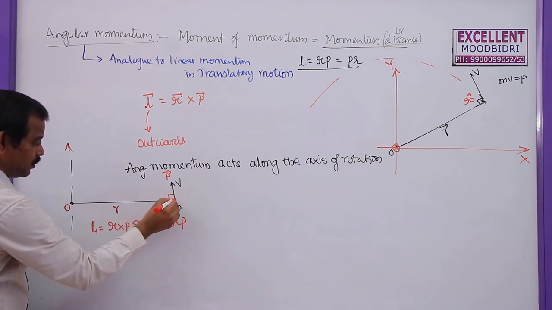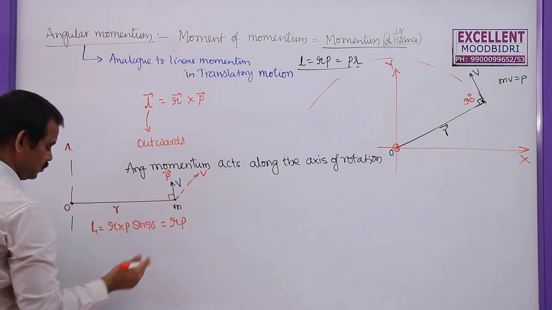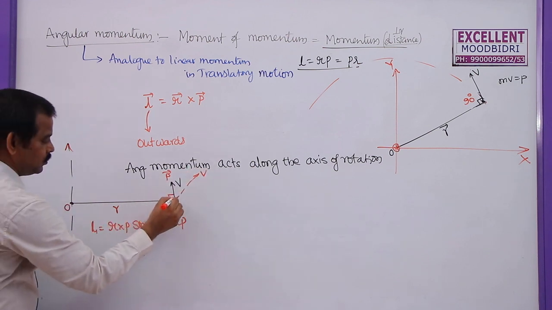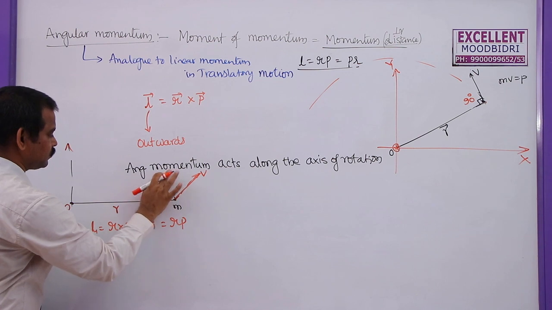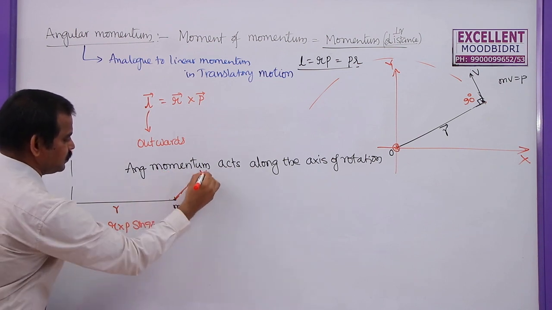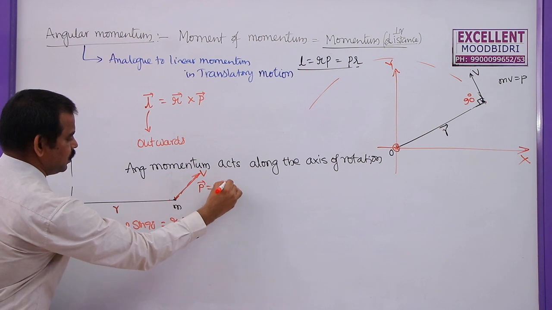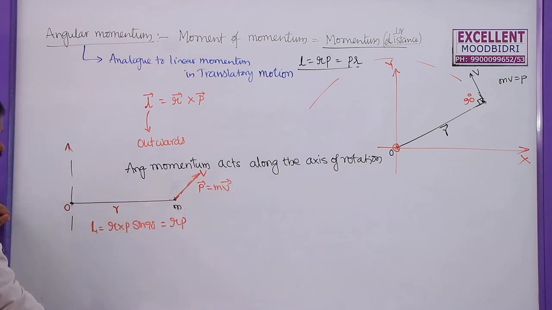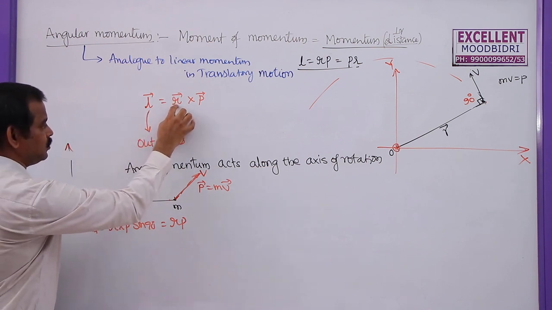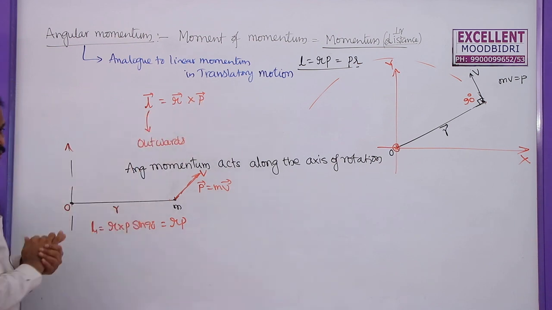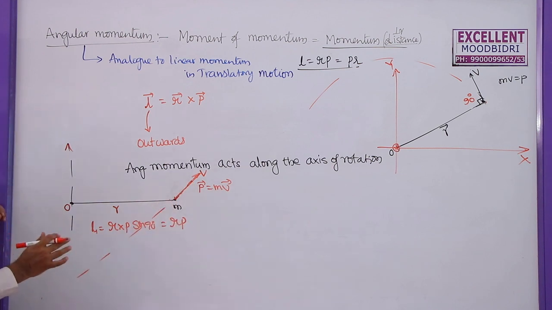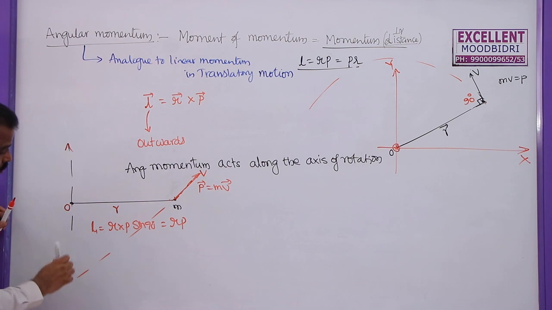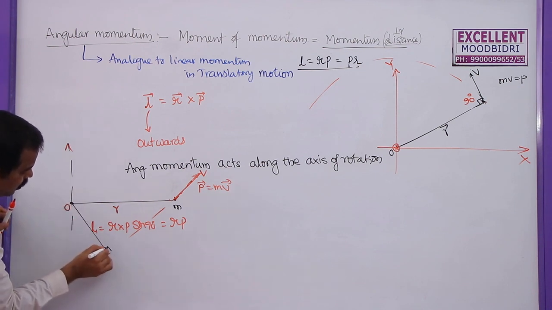Now, if this particle is moving in this direction, how do we find the angular momentum? This will be the new momentum direction, with mass m and velocity v. So p bar is equal to m v bar here. While finding L, always see that the position vector or perpendicular distance is perpendicular to p bar. So extend this line like this, and now draw one line from the origin. This will be the perpendicular line here.